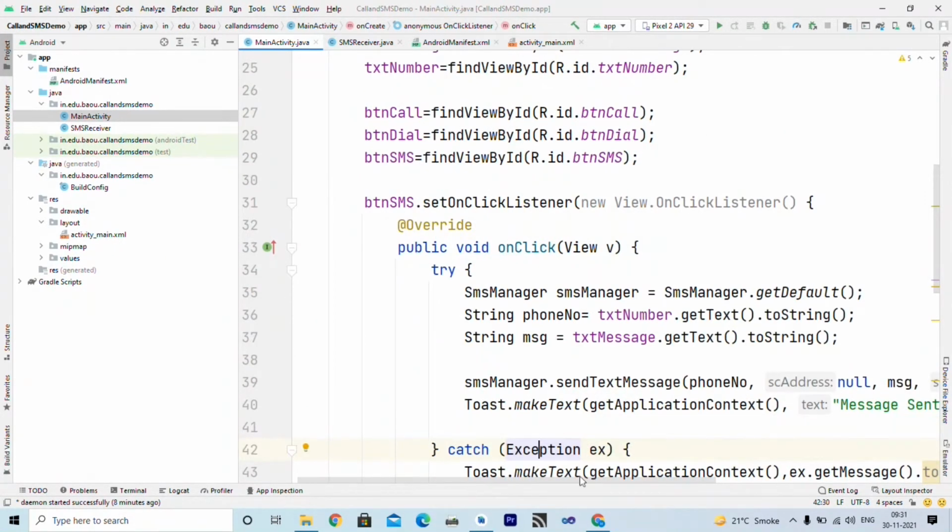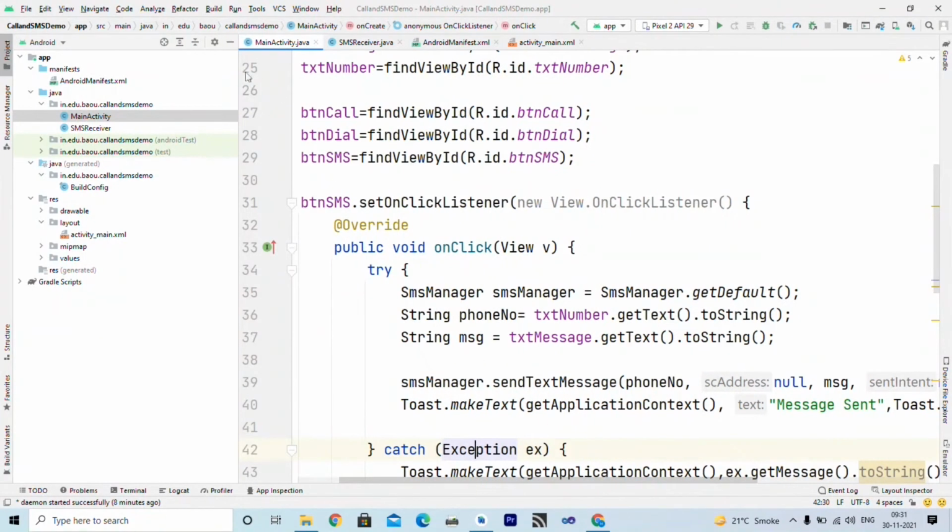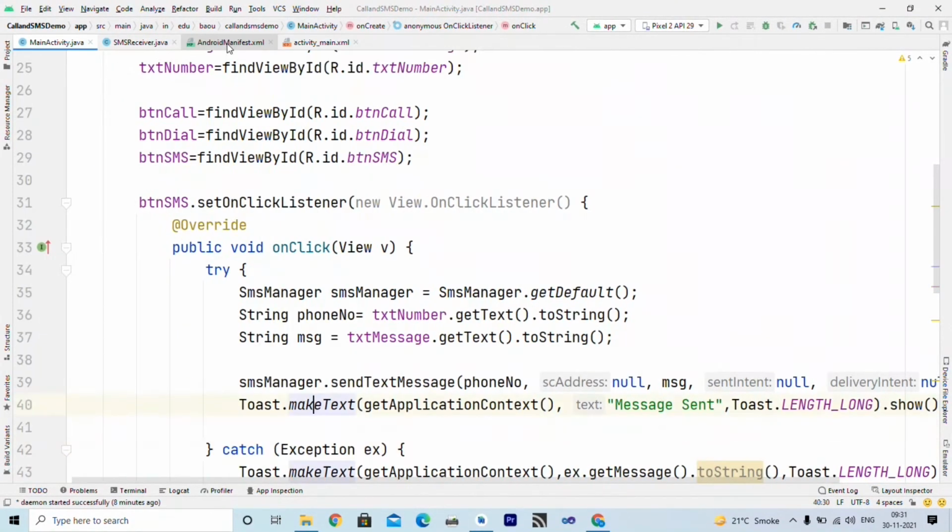To actually send SMS, we can use the sendTextMessage method of SmsManager, which takes arguments. The first argument is the source address, that is the phone number, then the actual message to be sent, and we have initialized sent intent and delivery intent to null.